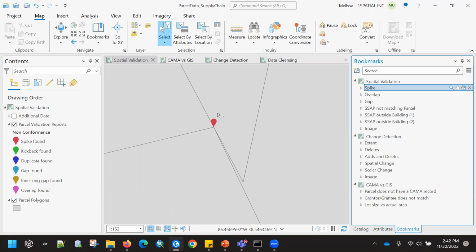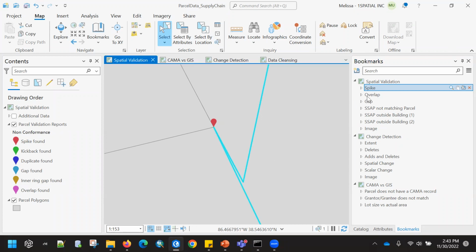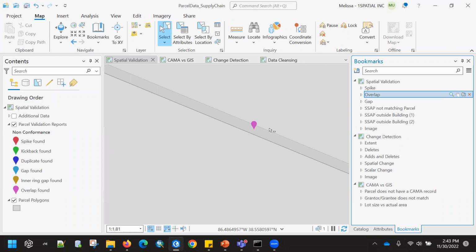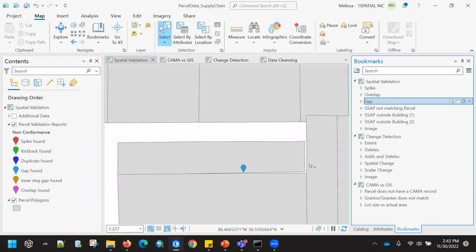One very real application of this is that we do have customers that want to use their parcels to align other boundary data layers. So of course, before we use our parcels as a foundation for that boundary alignment, we want to make sure that we address issues that look like spikes, as in this parcel spike right here, issues where we have overlapping parcels, as well as gaps in our parcels, before we even think about data alignment with other layers.